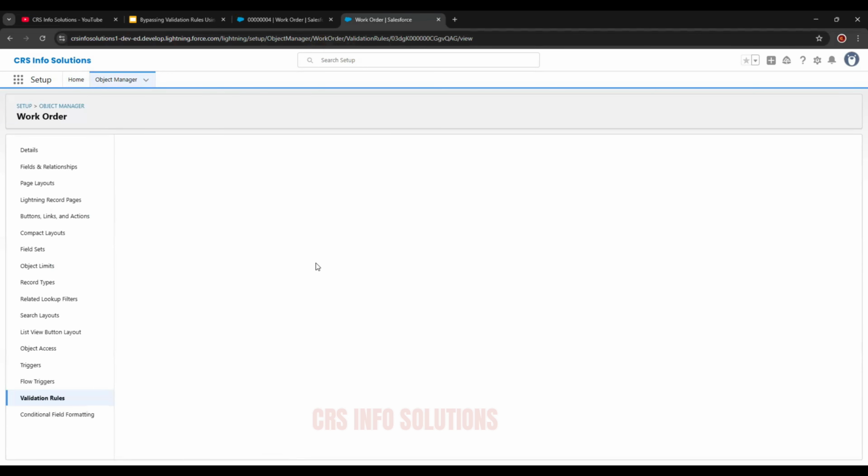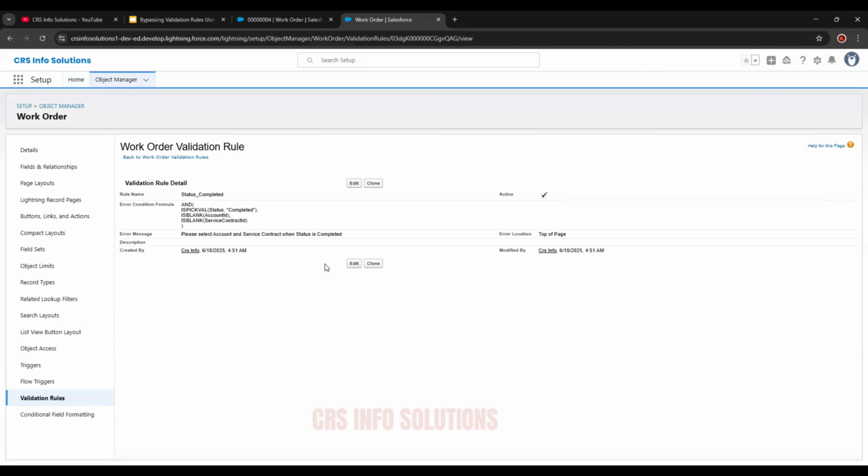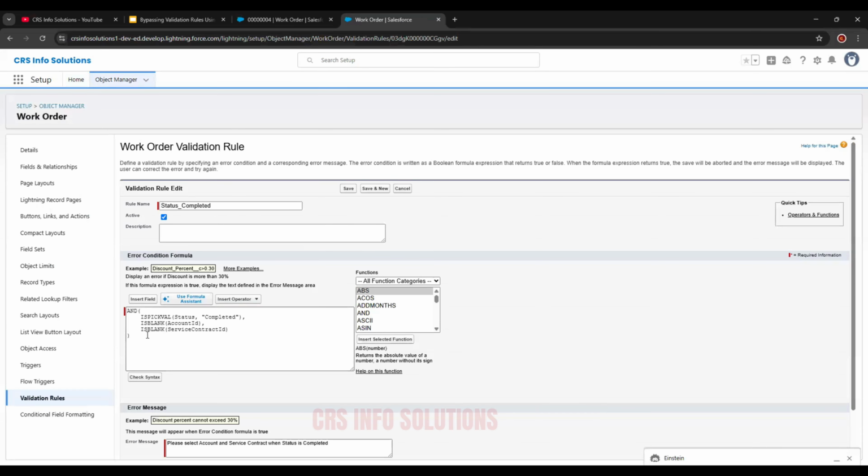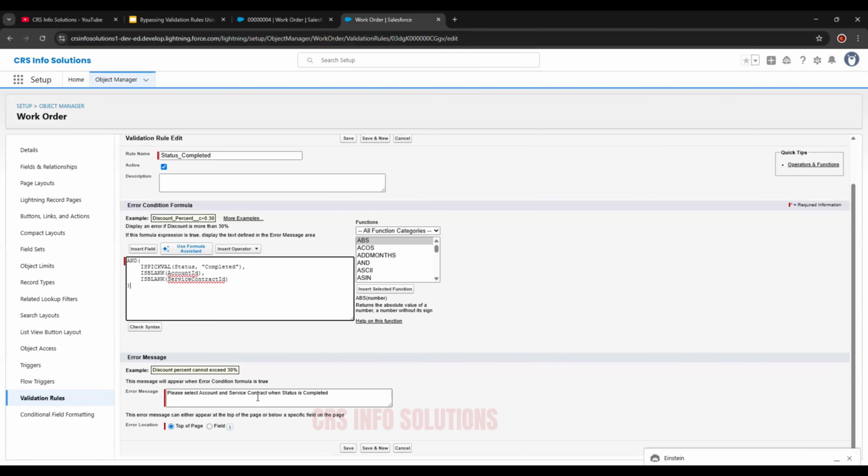This is the validation rule which was getting triggered when I was showing you the demo. I will go ahead and edit this. I will show you how it looked before. So whenever the status is completed and the account is blank or the service contract is blank, it will throw this error message. Now I will go ahead and add one more condition over here.